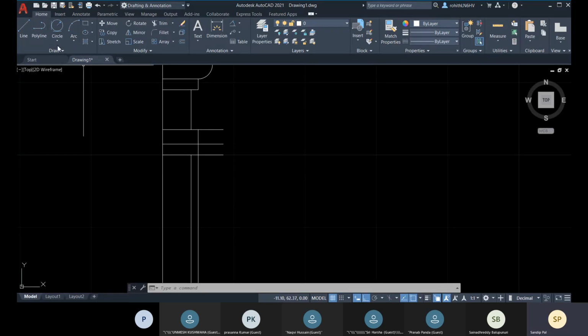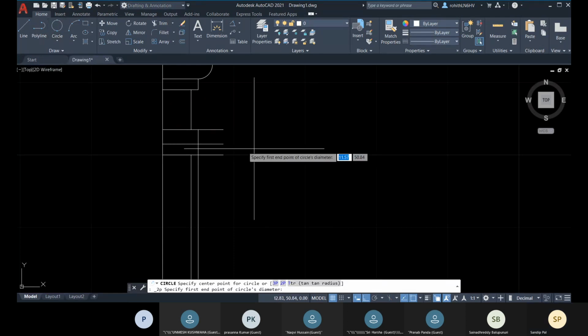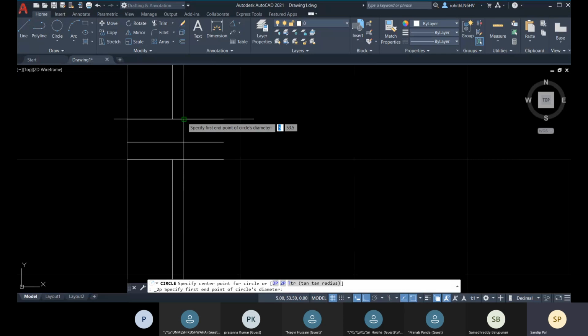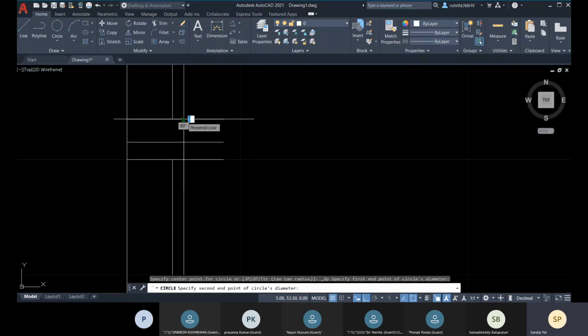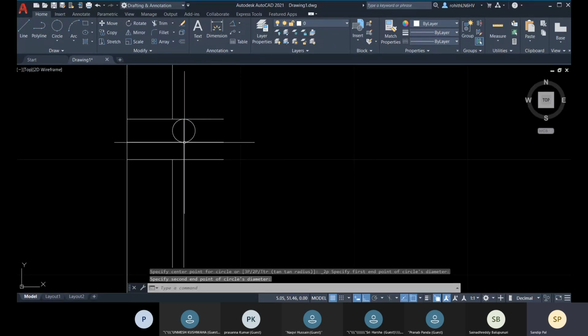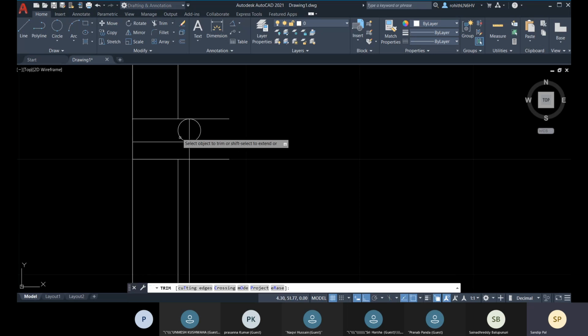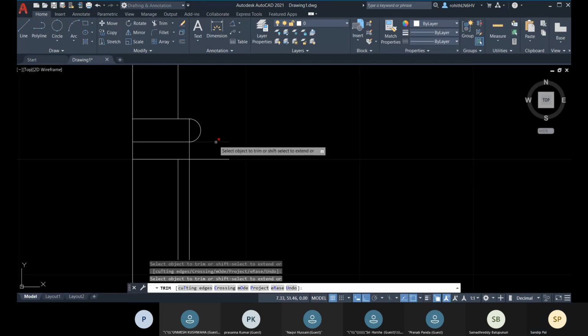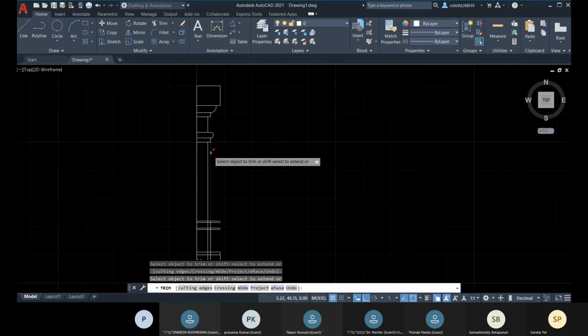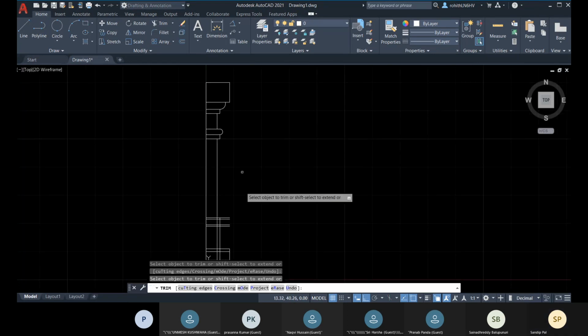Okay, and about this one, here it's showing you that you have radius 1. So here I'll be going with 2 point, right? So the first point and then the second point. Okay, and then you can trim it. All right.